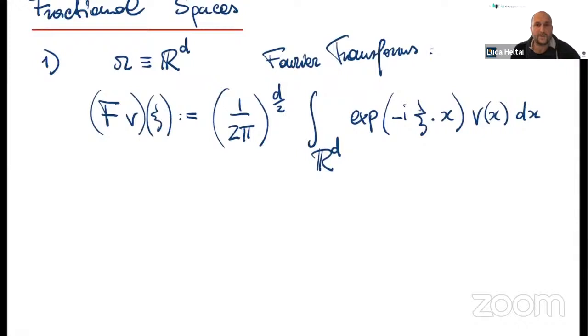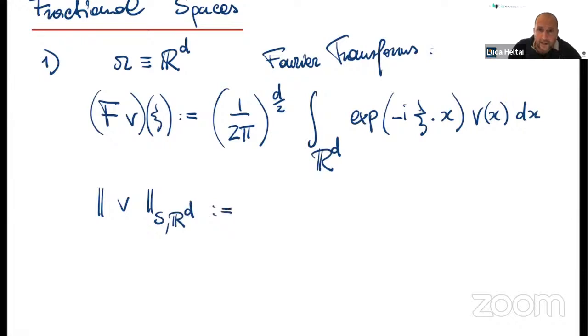And if you have this, then one of the nice things about the Fourier transforms in R^d is that if you take derivatives with respect to the x variables, they appear in the transformation of the Fourier things just as multiplication with positive powers of the exponents. So in other words, in this particular space, the definition of the s norms can be written, for any real number s,